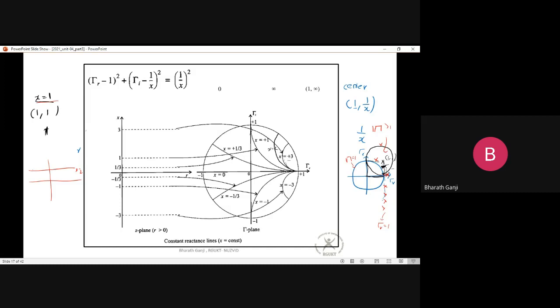Slowly, if I make x equal to 1 by 3, I can see that I get a circle whose radius is even bigger. So what is happening here? Okay, so what are the conclusions which I can make? The first conclusion enti, as x is increasing, x value పెరుగుతుంది అనుకోండి,